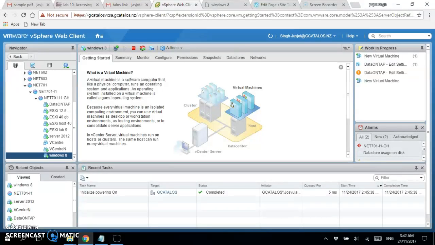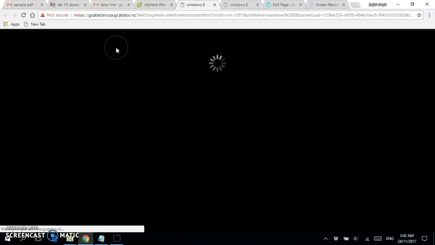So I will talk about software-defined data centers, and how to create a data center in the cloud. I have logged into the vSphere web client with the administrator credentials, through the Windows 8 client.